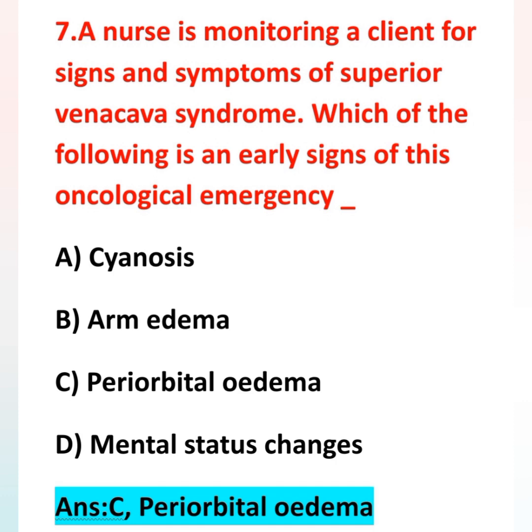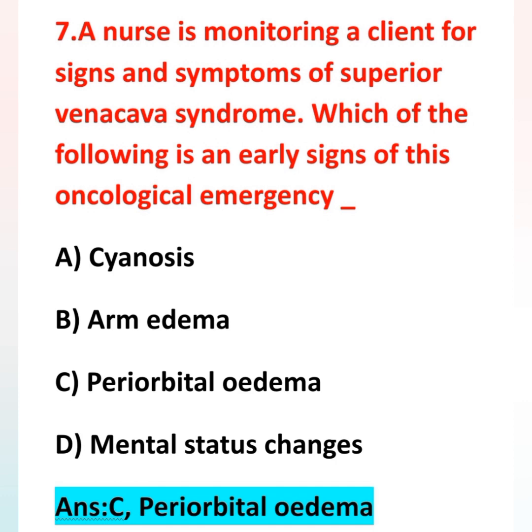Early signs and symptoms mainly occur in the morning and include edema of the face, that is known as periorbital edema, especially around the eyes. Okay, that is the periorbital edema. Option C is the correct answer. And we can see the other signs and symptoms. Periorbital edema,